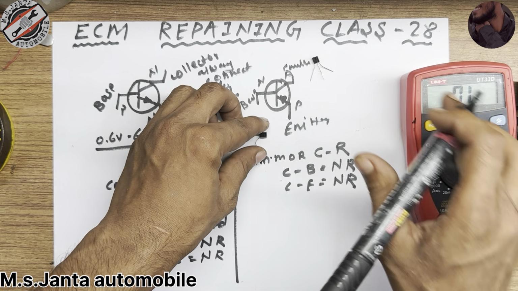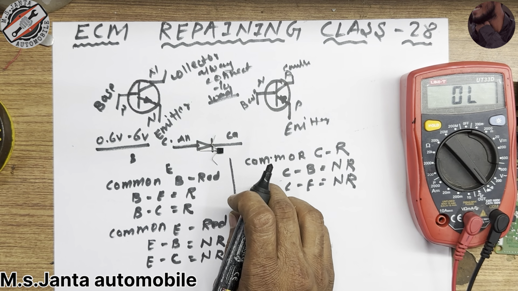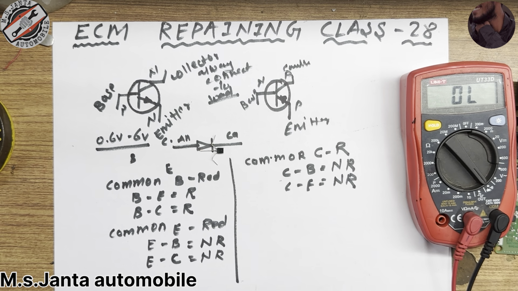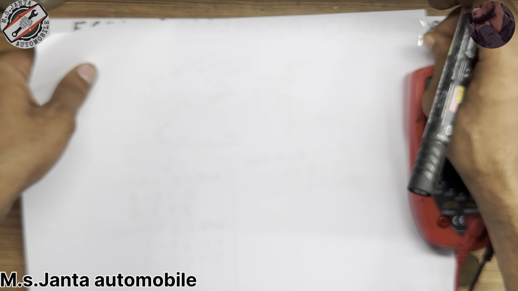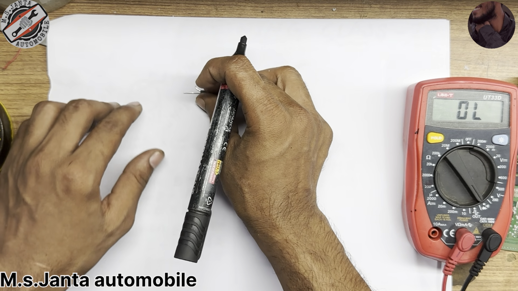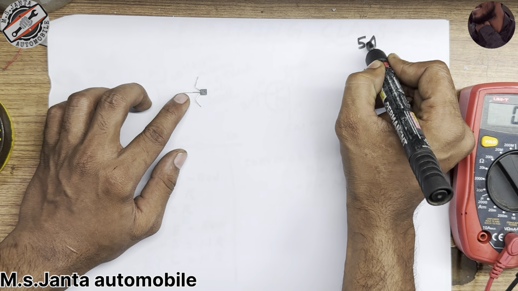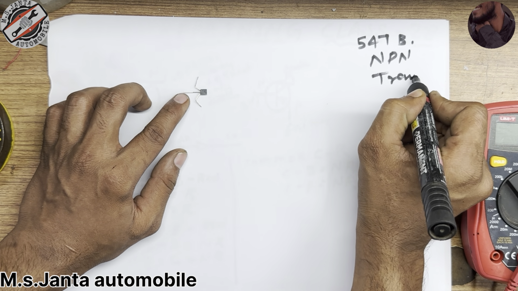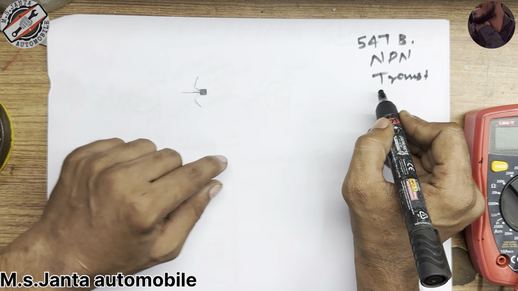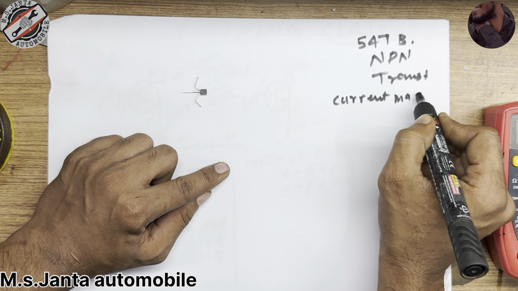Now we will check how to calculate the base of these transistors. Okay, so here we have another page. So we have a transistor, and if you see the transistor 547B, NPN transistor. Okay, when you see the data sheet, on that time you can see current max, maximum current 10 milliampere,